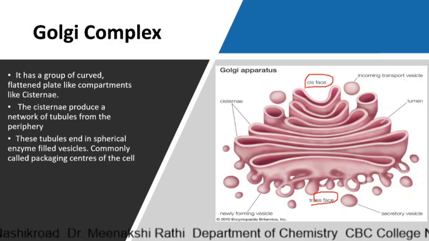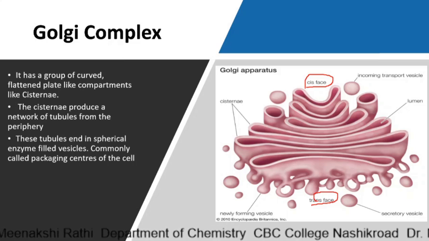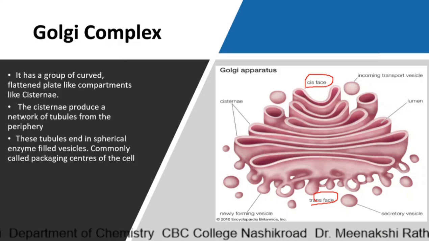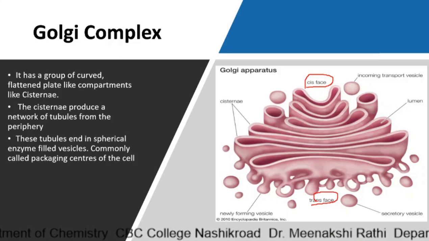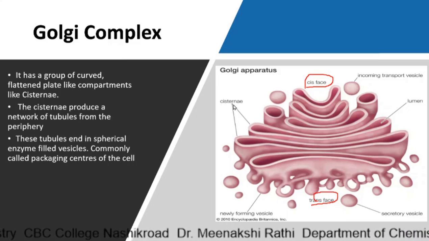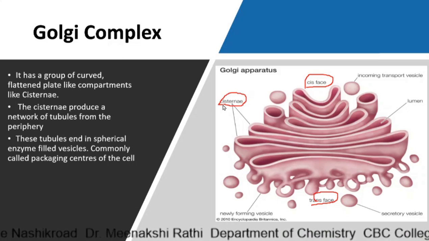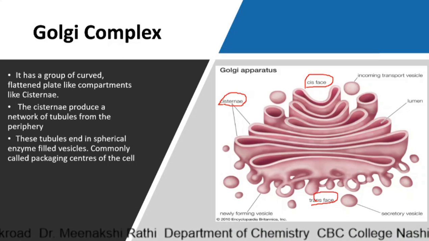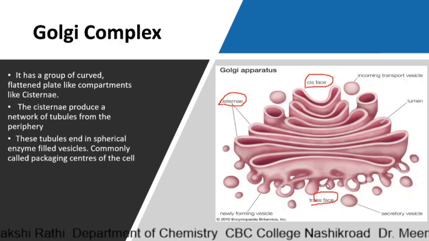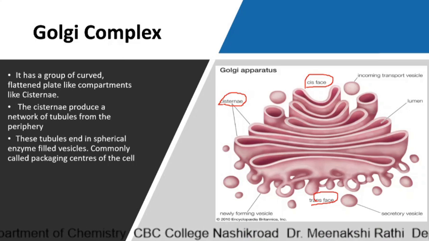Golgi bodies consist of a series of concentric double membrane submicroscopic spaces or sacs enclosed by double membrane, which are known as cisternae. Each Golgi complex has 3 to 12 interconnected cisternae which are composed of lipoprotein. You can see here these cisternae are placed one above the other.